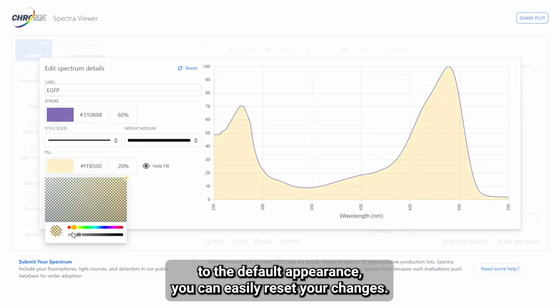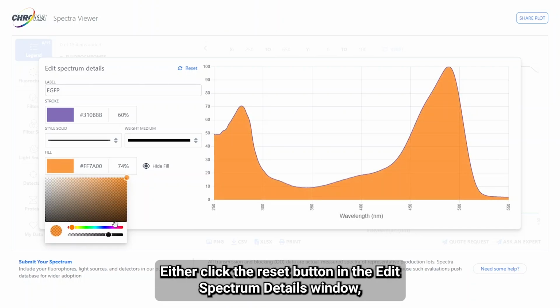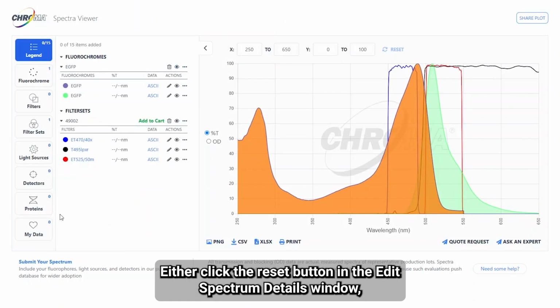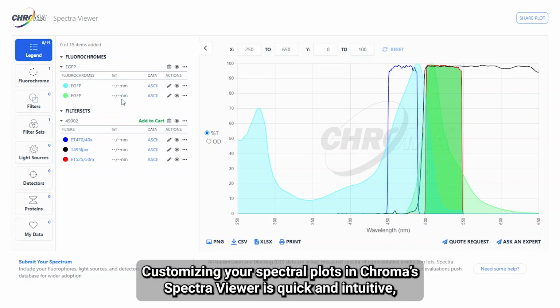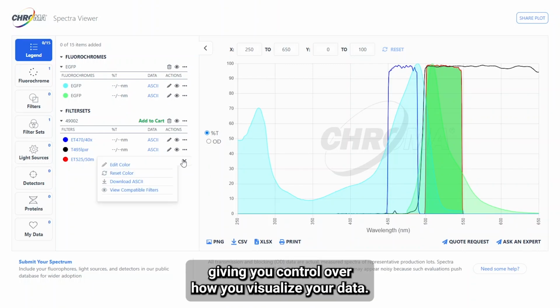And if you want to return to the default appearance, you can easily reset your changes. Either click the Reset button in the Edit Spectrum Details window, or use the three-dot menu in the legend and select Reset Color. Customizing your spectral plots in Chroma's Spectra viewer is quick and intuitive, giving you control over how